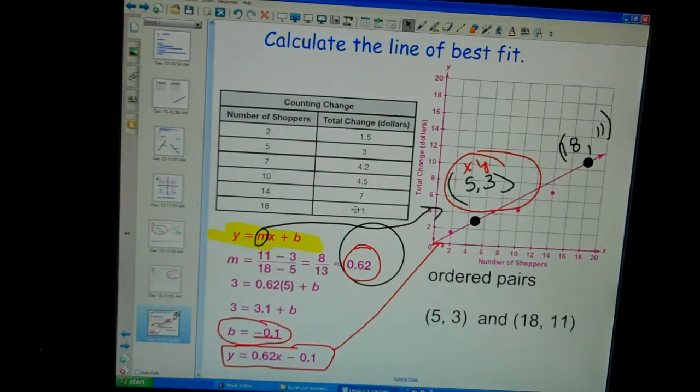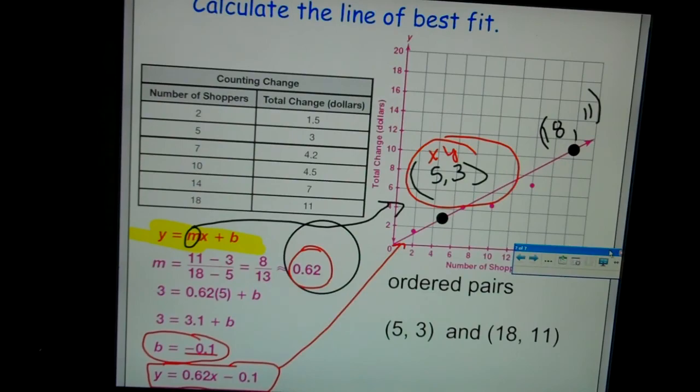Oh, they were the ordered pairs that I had. Okay? Why are you pretending like you're